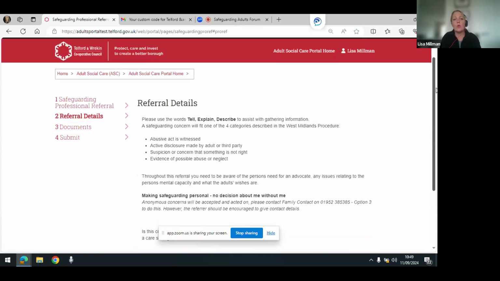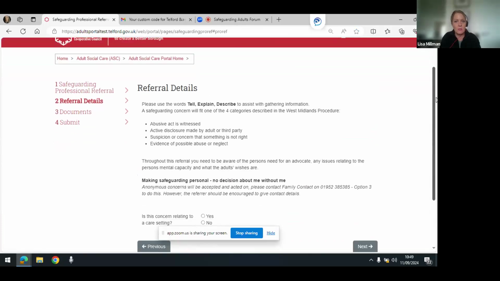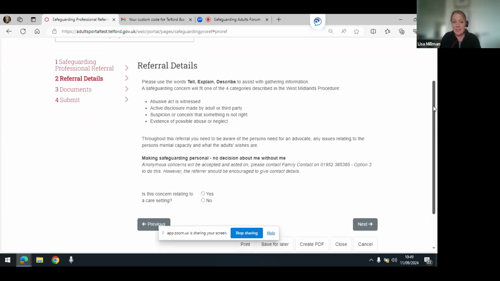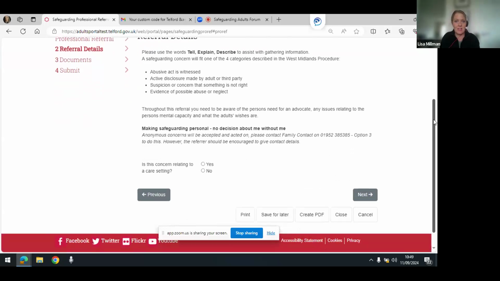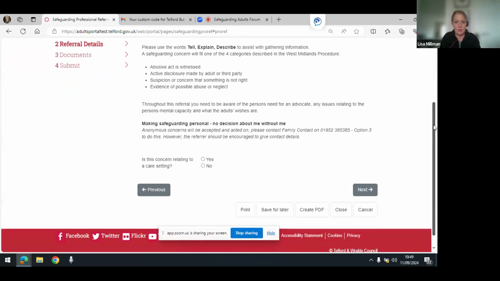So now we're getting to more of the bulk of the detail of the referral. As Neil said, this has been created quite closely, well, extremely closely with our safeguarding team to make sure that we are gathering all of the relevant information via this form that is needed to process that referral efficiently. We realise that you guys are busy and you don't want to be doing that back and forth of, can we have a bit more information here? Can we have a bit more information there? So the hope is that this is going to be efficient enough to get all the information that is required so that the referral can be processed as quickly as possible.